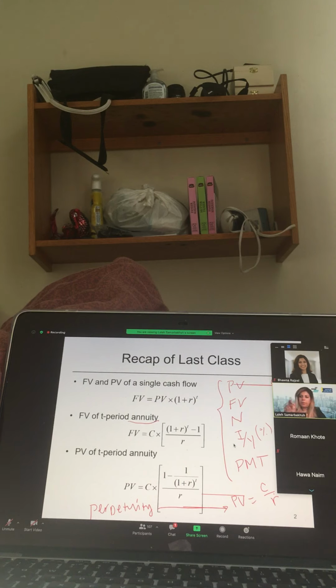Priscilla is asking where these functions are. If you are working with your Casio, yes, this is under compound interest. In the Casio, first you pick the TVM functionality. When you're in the large menu, press TVM. After TVM, you go to compound interest. You are always picking compound interest from the functionalities you have. Prior to the midterm, the only place you work with is compound interest. After the midterm, we're going to use other things.